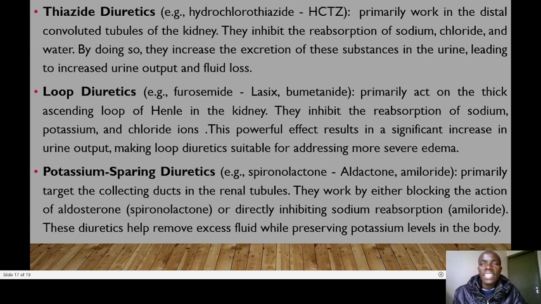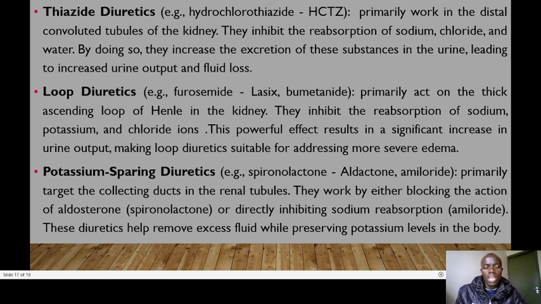Loop diuretics such as furosemide and bumetanide, okay? So these primarily work on the thick ascending loop of Henle of the kidney. So in this one, they inhibit reabsorption of sodium, potassium, and chloride ions. This powerful effect normally results in significant increase in urine output, making loop diuretics suitable for addressing more severe